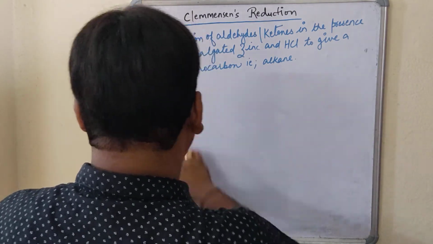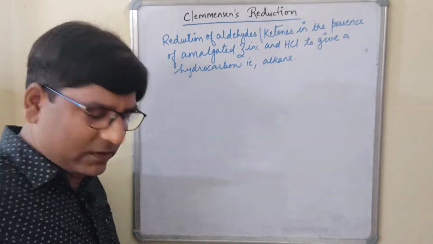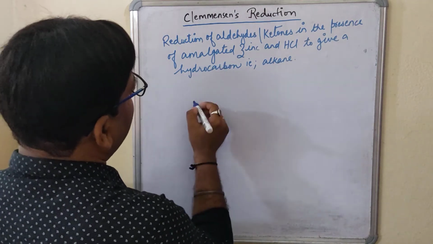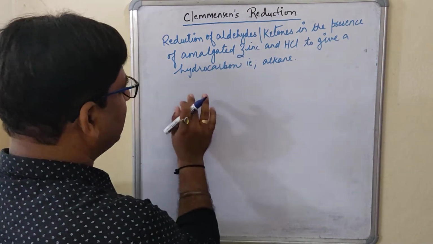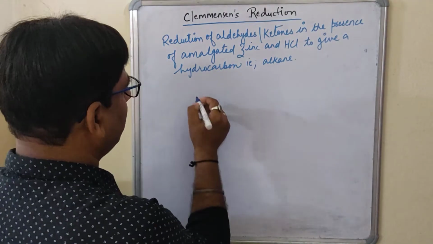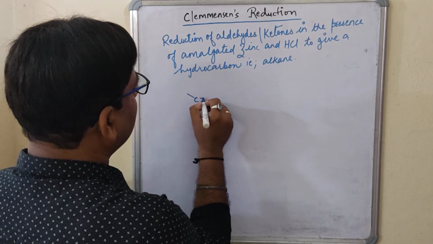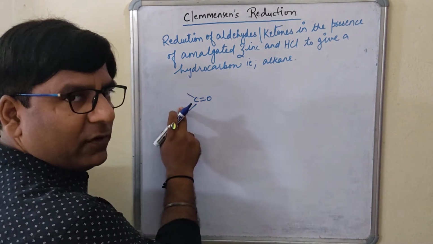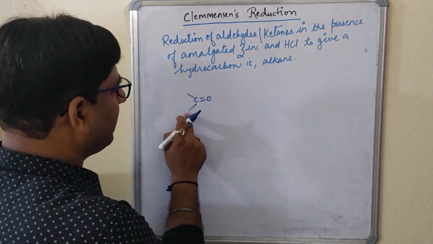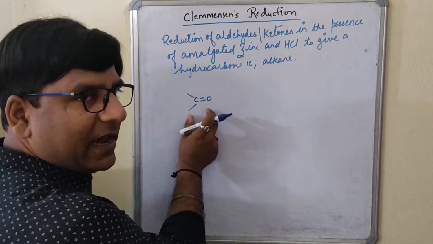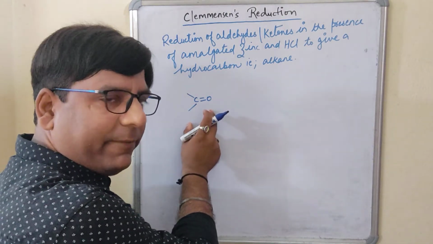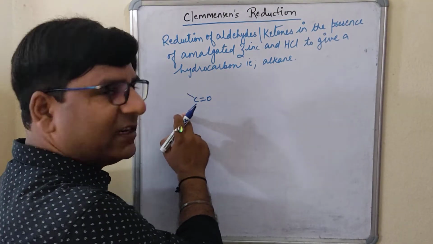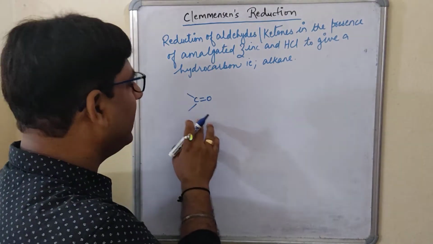So this is also one of the important name reactions which you have to understand. See, if I am taking any aldehyde or ketone, I am not specifying any particular one, you can write by your own. I am just mentioning it here, the carbonyl functional group, by replacing this 2. If I am writing here R and here H, means I am using the aldehyde. If I am writing here R, here also R, or it may be R dash, different alkyl groups, then it is ketone.